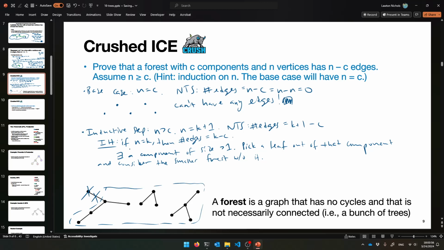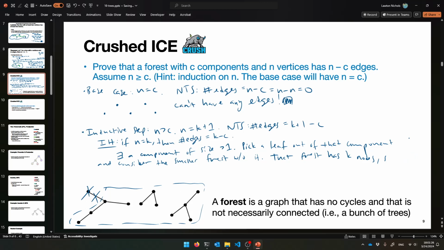And so now I get to use my inductive hypothesis about that smaller forest, because if it originally had k plus 1 nodes, I've just whittled it down to a forest of k nodes. And I know exactly how many edges are in that one. I get to assume this, all right? So that smaller forest has k nodes. Therefore, the inductive hypothesis applies. So by the IH,